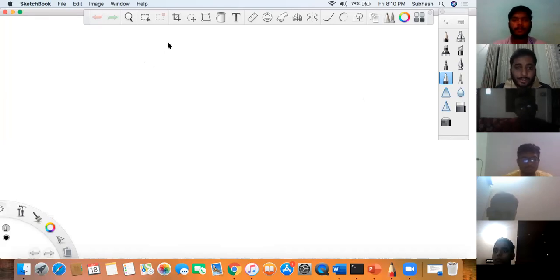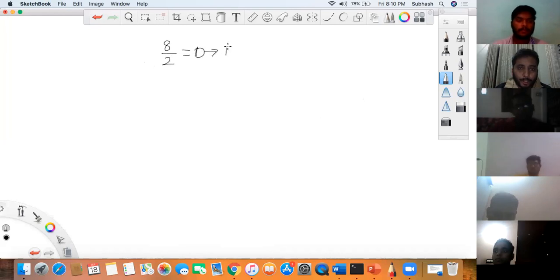Yes, exactly, right? So now, is 8 odd or even? Okay, even. How do you know it is even? Because when you divide by 2 exactly, it must give a remainder of 0. 0 must be your remainder. It must exactly divide by 2, so there must not be any remainder. That is when you call this number an even number, right?